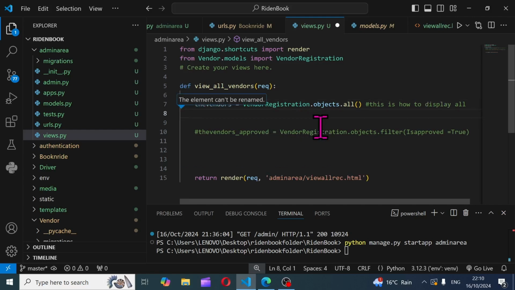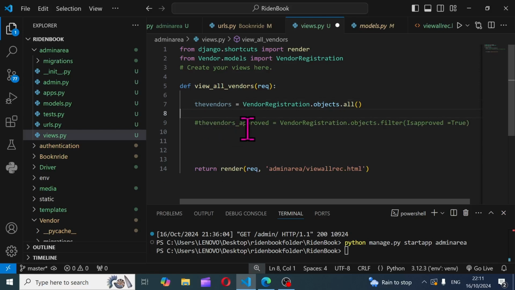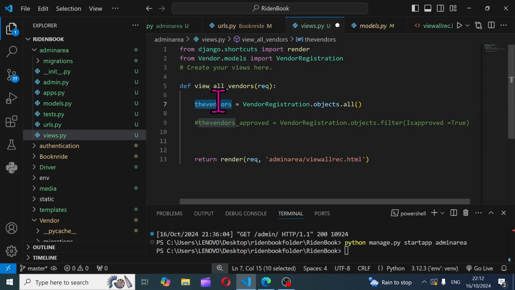Now so I'm taking off this comment. You can leave yours if you want, but I'm gonna leave this so you can use it for reference. Although we're gonna do more filtering, I'm gonna show you how to do a lot of filtering in the other sections of this tutorial. Now once you do this, now you need to put the vendors in a context dictionary,